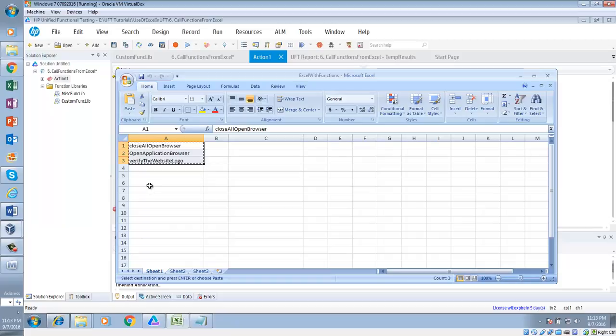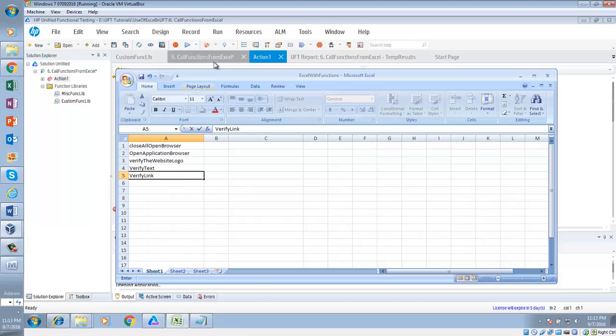Okay, let's say after that you have some other function, verify text, and then you have some other function, verify link. So whatever functions you have here, you will be reading this function from here and then executing it from there. So the reason we have learned for loop, the reason we are learning the use of Excel,